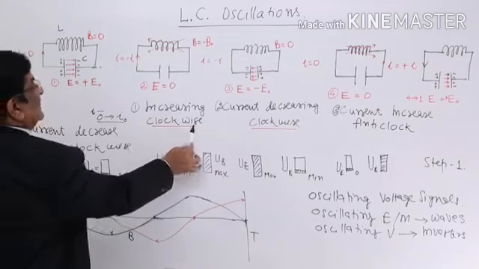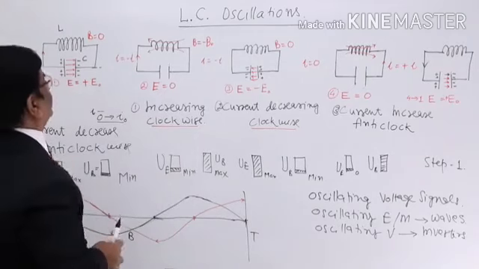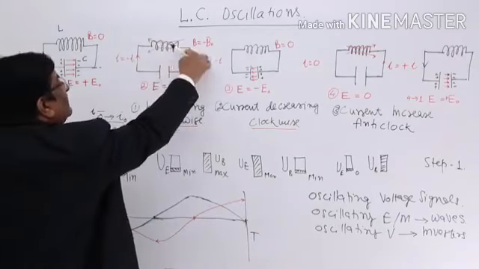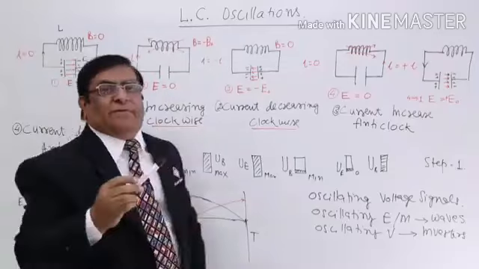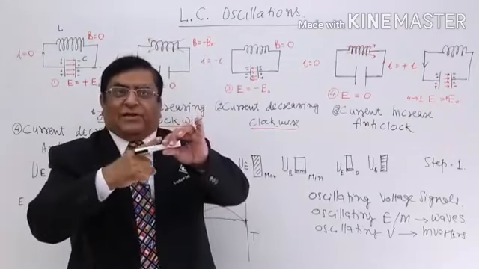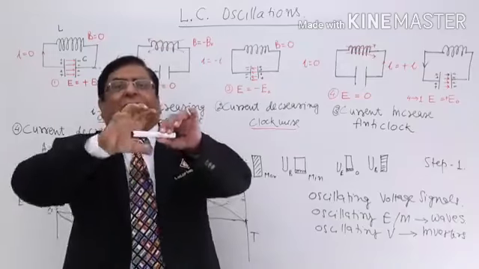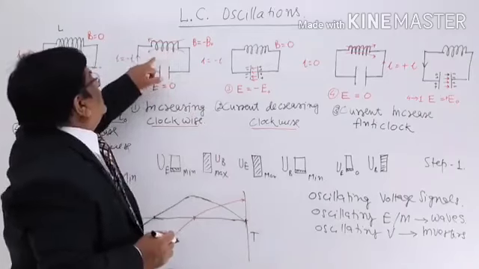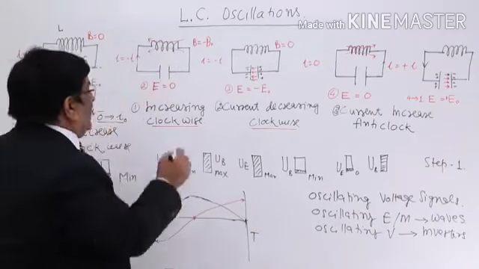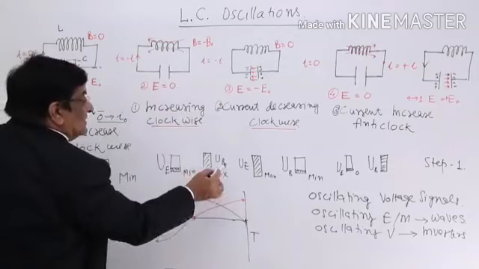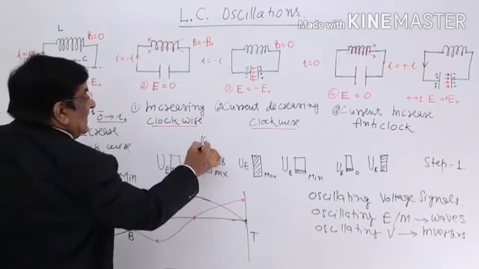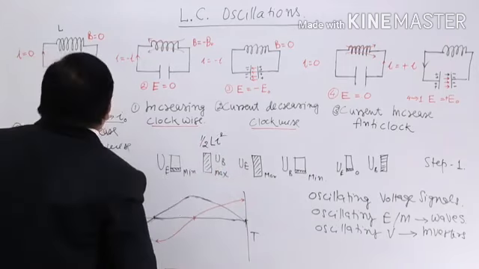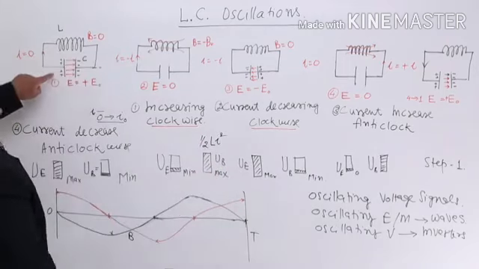The current is increasing clockwise from this to this. When the current is increasing clockwise, a magnetic field is developed in this, because whenever there is a current flowing in a solenoid or in an inductor, a magnetic field is built up in that, mu naught and I. So this is built up there. When it is built up there, energy is also built up in this, and this energy is half L I square. Okay. When this was here, again come back to this.